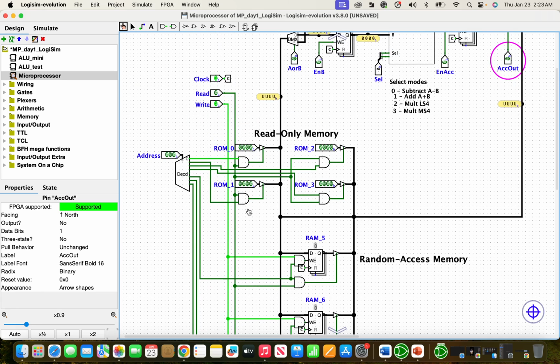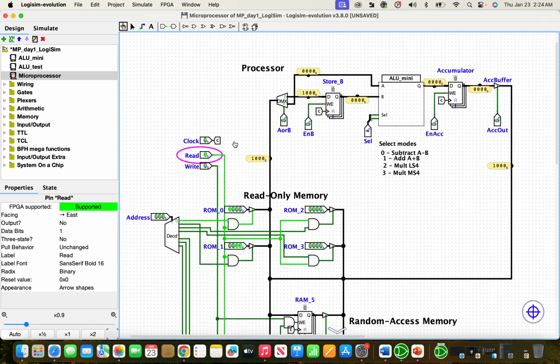We're gonna start with putting 8 at ROM 0 as our initial value, and for our second value, we're gonna put 3 in ROM 1. After doing that, we're gonna set the write to 0 and the clock to 0 and let our system read. So we're gonna set read to 1. Once we have 1 on read,